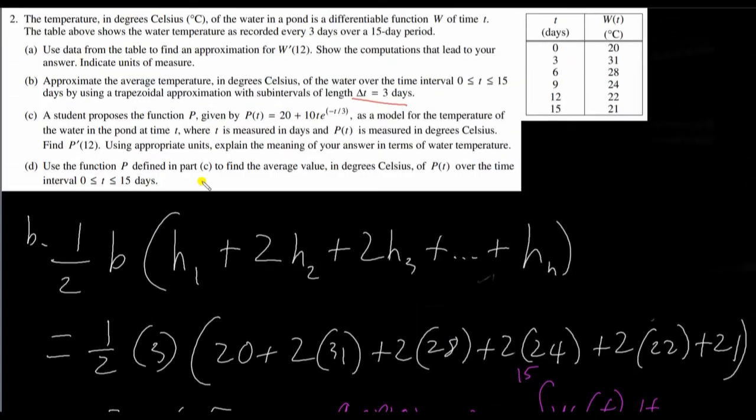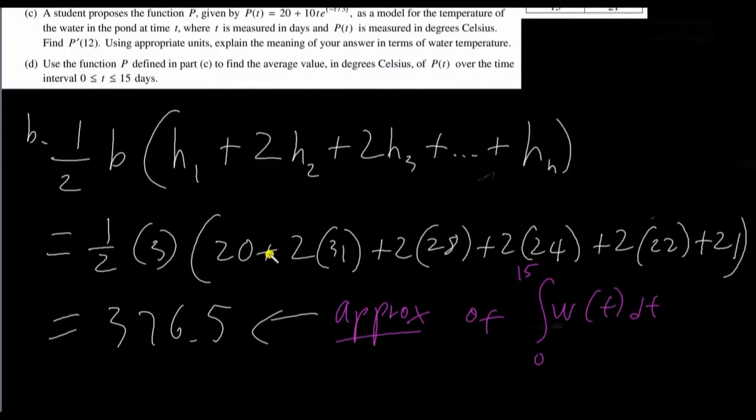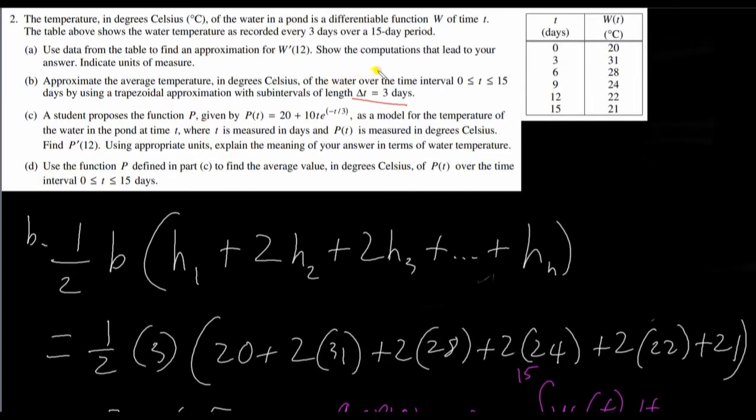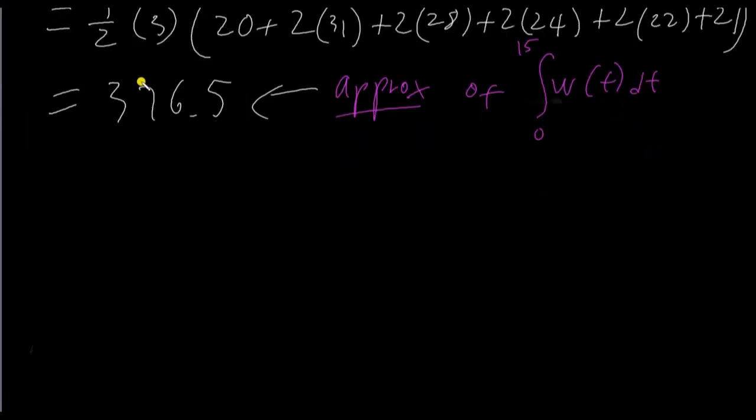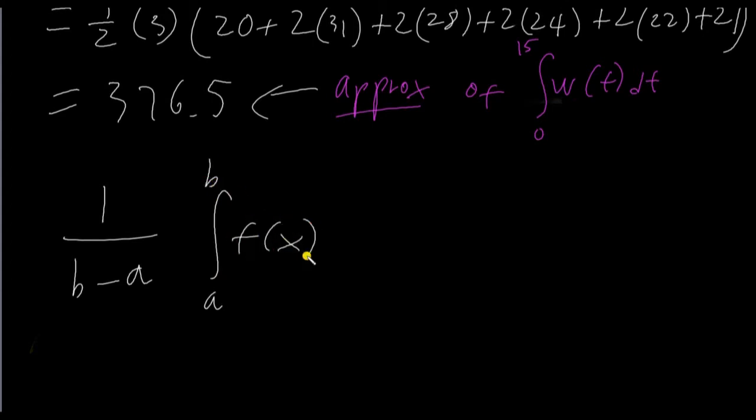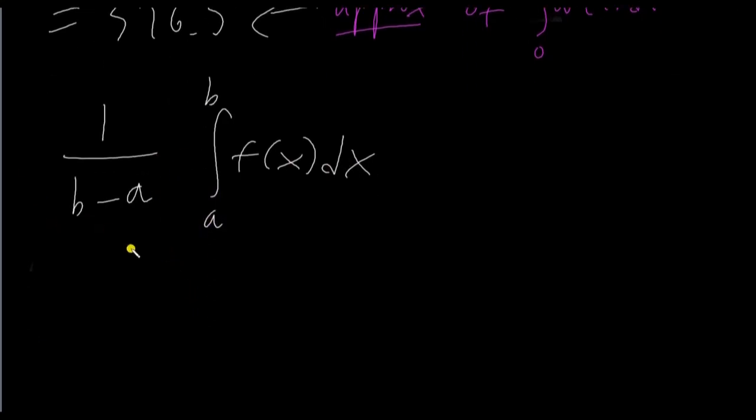So now let's look at what the question was really asking, because they didn't want just the trapezoidal sum. They wanted the average temperature from 0 to 15. And the formula for the average temperature, or the average value of a function, is 1 over b minus a times the integral from a to b of f of x dx. And then in our case, we started at time t equals 0, we went to time t equals 15, so we'd have 1 over 15 minus 0, or 15, times the integral from 0 to 15, where our function is